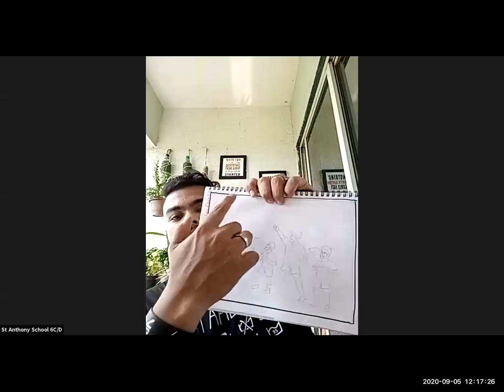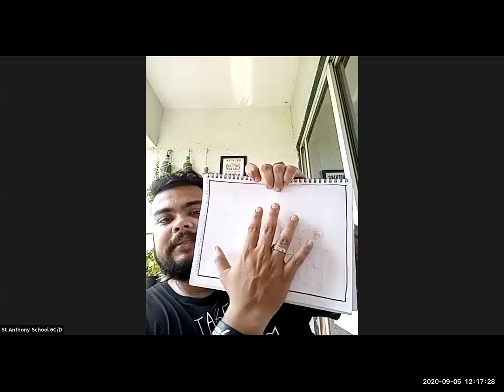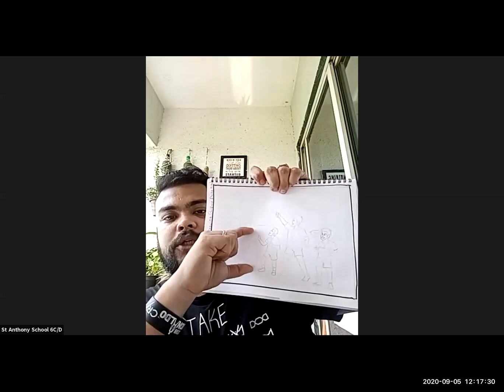The second rule is the size of the human figure should be of your palm size. Whenever you draw a human figure on the drawing page, it should be of your palm size. It should not be small, it should not be much bigger. You have to draw it of your palm size. Am I clear?